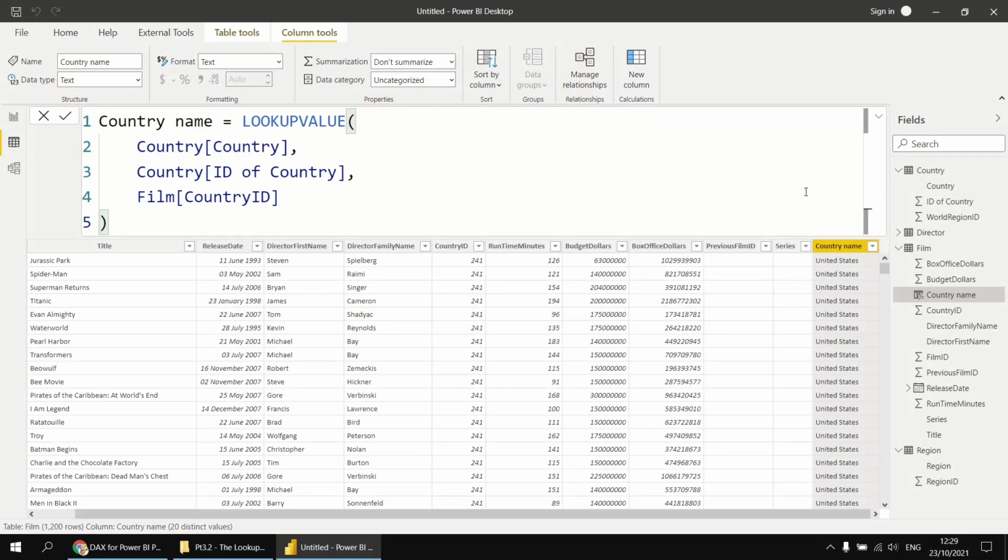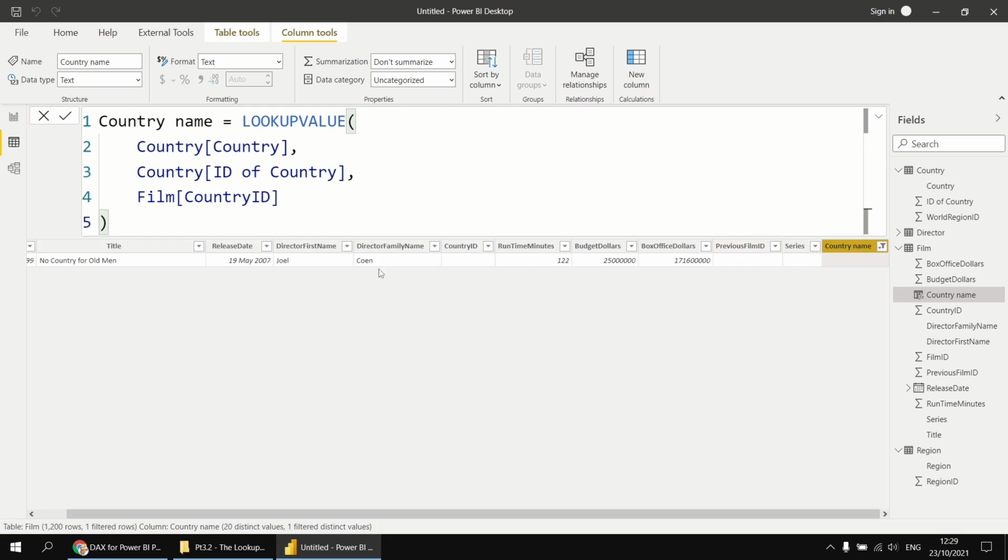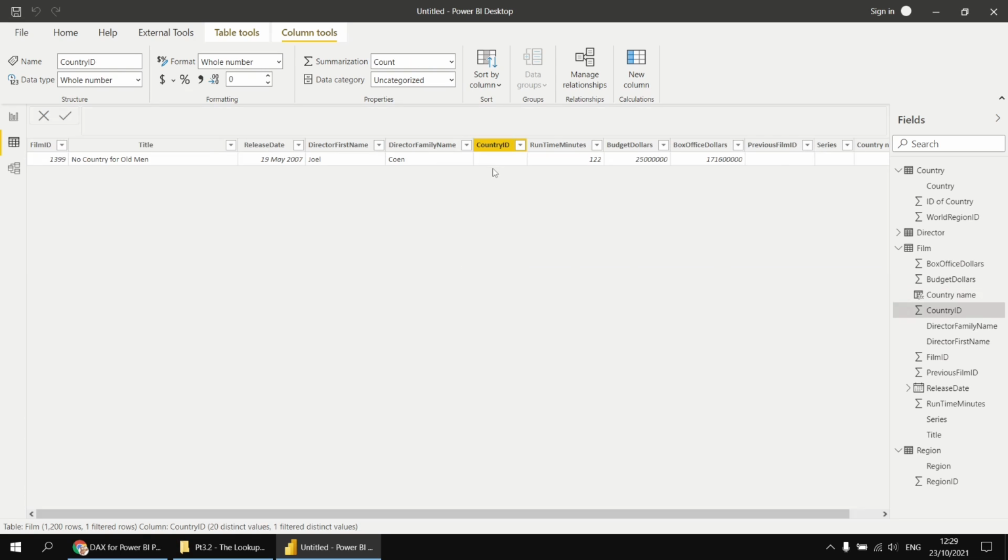Now it's possible that the LookupValue function won't be able to find a match for the item you're looking for, and in that case the function will return a blank. If we click on the drop-down arrow next to the country name column we've just created, we'll find that there's a blank item in this list. So if we want to see why that's the case, we could filter this list to show only the blanks, and find that there's one single film, No Country for Old Men, which doesn't have a country ID in the country ID column. So because the LookupValue function couldn't return a match for that country ID, it returned a blank